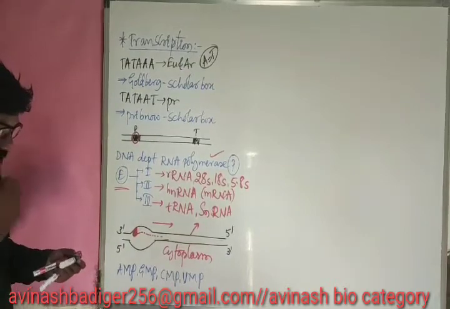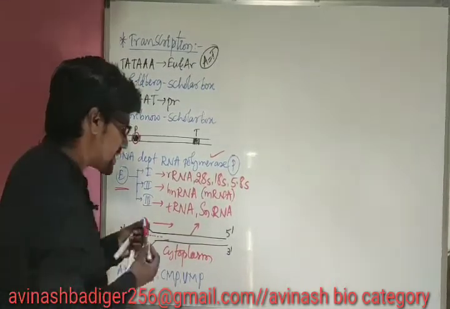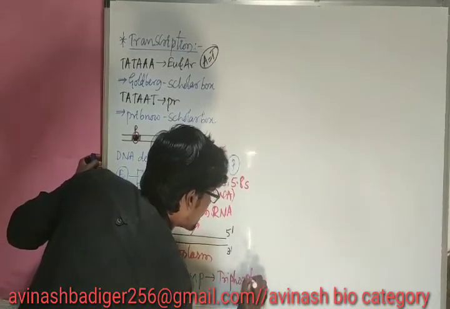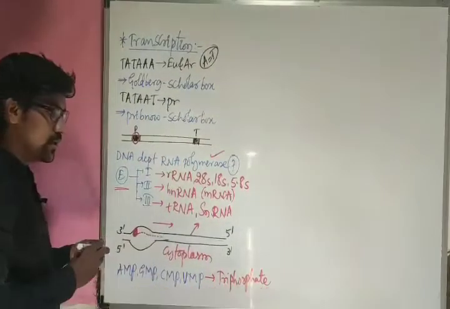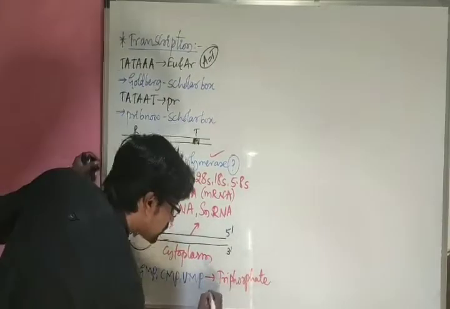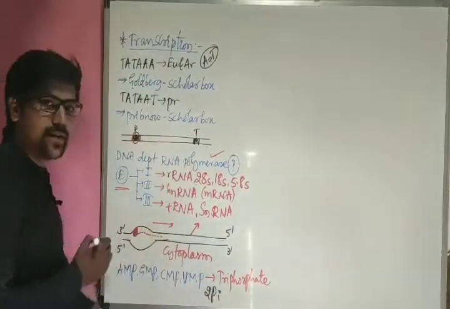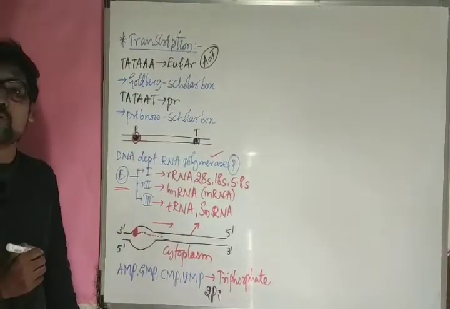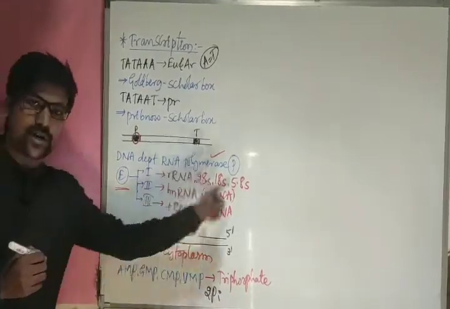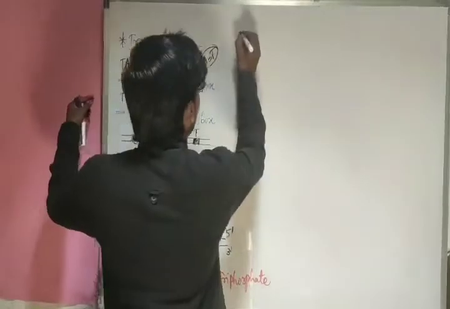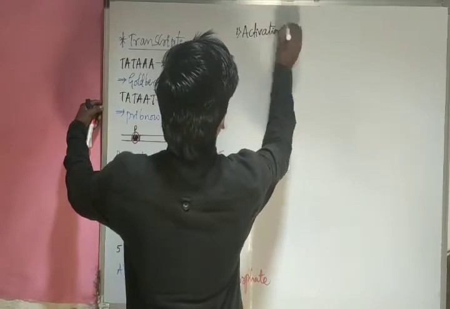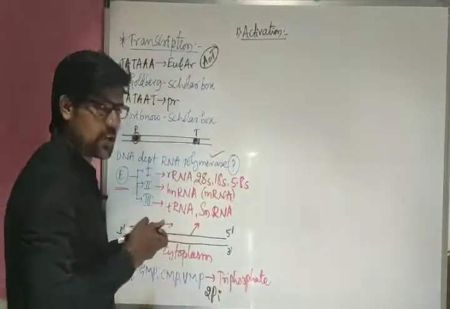Now these monophosphate nucleotide forms, they get converted to the triphosphate forms. Triphosphate nucleotide forms. So during that conversion, again here 2 inorganic phosphates are needed. Who will give that inorganic phosphate? H3PO4 molecule. It gives 1, 1 phosphate. 2 inorganic phosphates are given. Monophosphate forms get converted into triphosphate forms. That first step we will consider it as activation. So the first step is activation.